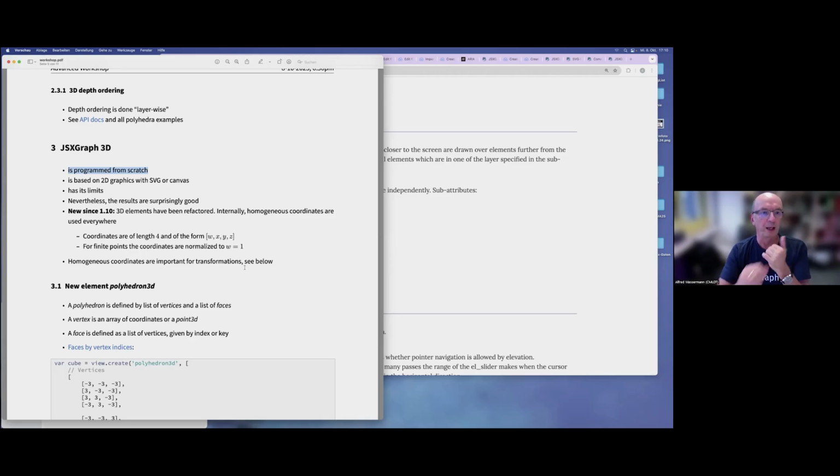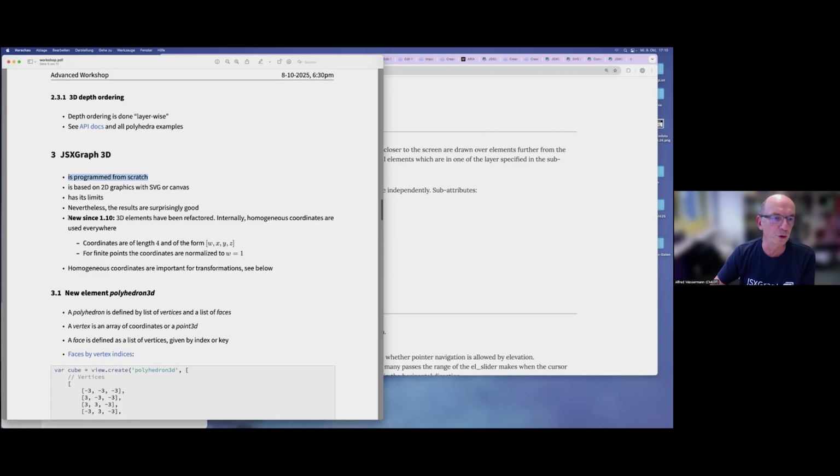Probably most of you already have worked with 3D. But since last year, it has been considerably refactored. The main reason was we now have 3D transformations. And for 3D transformations, it's nice to have homogeneous coordinates. So what are homogeneous coordinates? For the non-mathematicians,